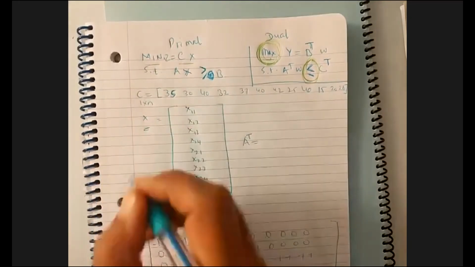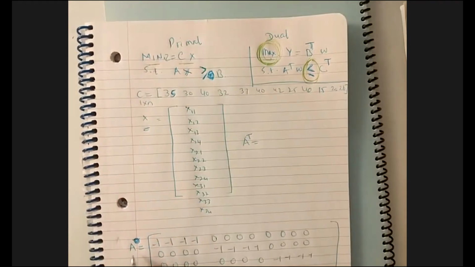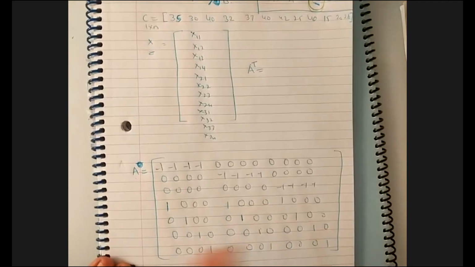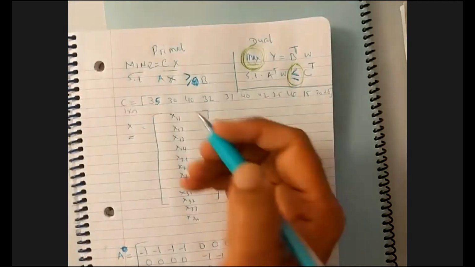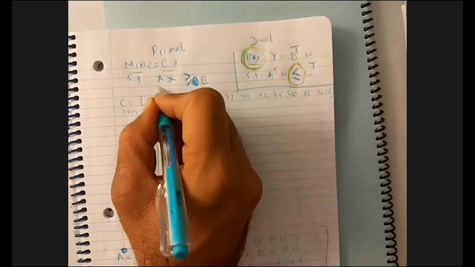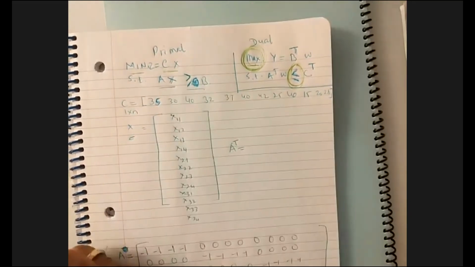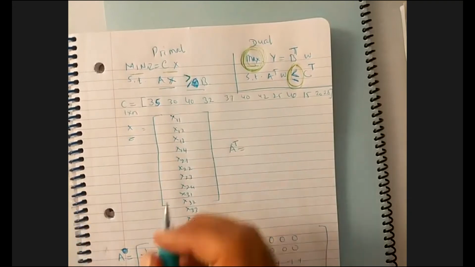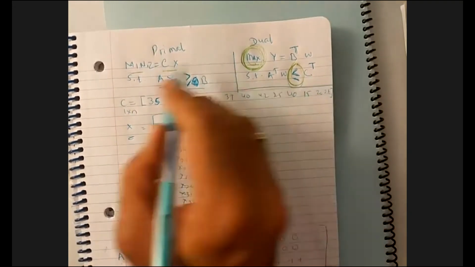We already knew x is my decision variables, and A is the matrix that defines my constraints equations left-hand side, and then I have b that defines the constraints equations right-hand side, and I want Ax to be greater than or equal to b. Now, if I want to write the dual problem for this problem, it will be so a couple of things